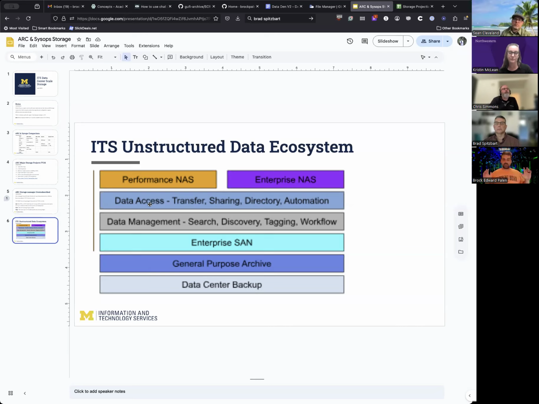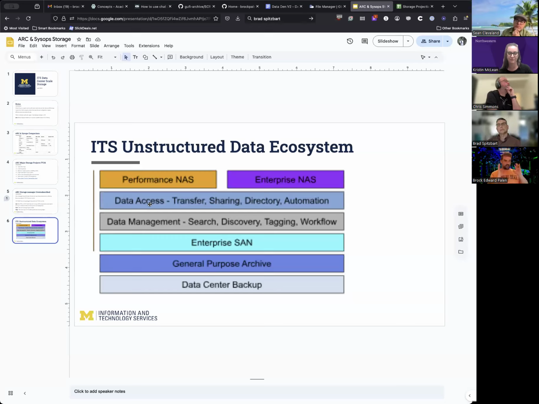But I think when we talk to leadership, a lot of times they see the bill for the Isilon, the VAST, the GPFS, the Lustre, and they're like, whoa, what? And it's like, hey, we actually need all these other things too, to take this thing we're going to have anyway and increase ease of use, value, and visibility in the system. So this has been a thing I've been pushing for a long time: this idea of an unstructured data ecosystem, staying out of structured data, vector databases, relational databases and stuff. This is just dealing with the NAS and the files.